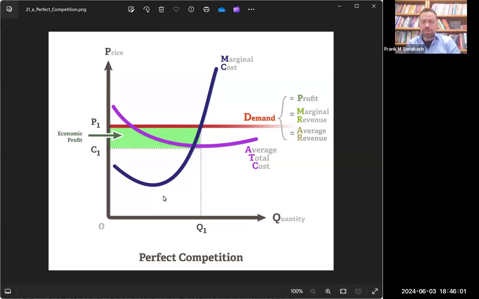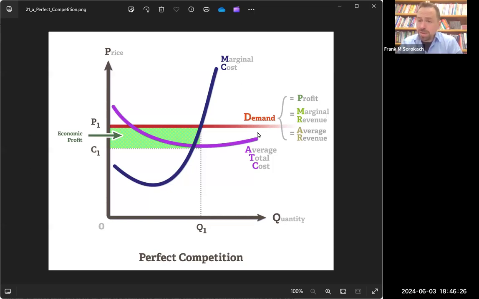Let's look at the market structure of perfect competition. In perfect competition, we have several interesting characteristics that make this a highly competitive market. One of the things you'll see here in looking at the graph for perfect competition is the demand curve. So you've got this demand curve, which is the red line here, and you'll note that the demand curve is